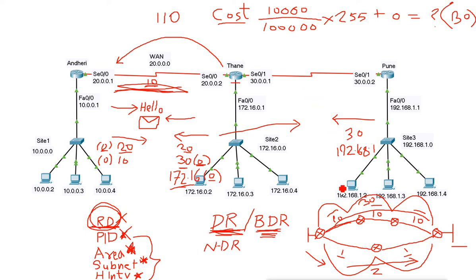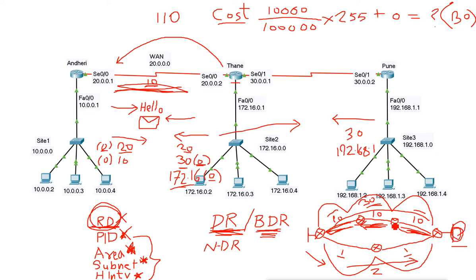Now it is not like it is directly saying 30 Mbps. It will calculate the cost. This router will send the cost of this link to this router. Then this router will add the cost of this link, make the cost, and send it to this router. So when it sends to this router, it will add the link cost and the cost sent by this router, and then make the total cost to reach this network.